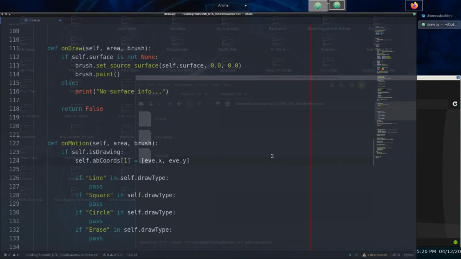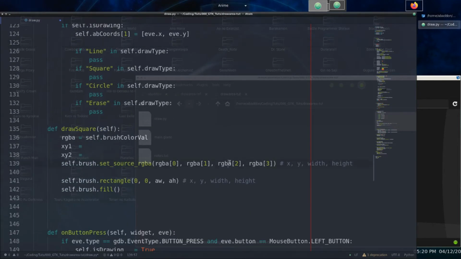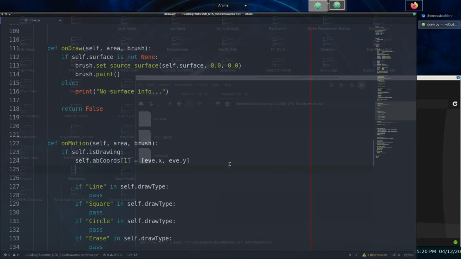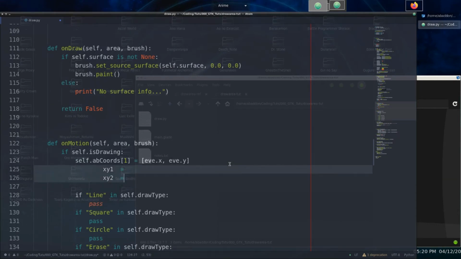Now, what we really probably should do is get the information from here before we enter any one of the draw states. So that's what I'm going to do instead of what I was going to do here for X1 and Y1, though we can take that as a reference. You can do it whatever way you want, but I'm going to say point 1 and point 2. So P1 and P2, and then we say self.AB chords, Control C, Control V, and then